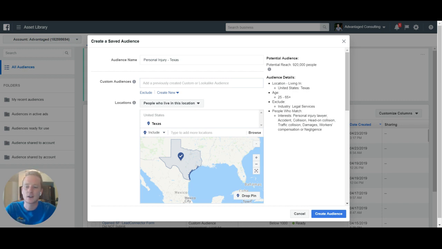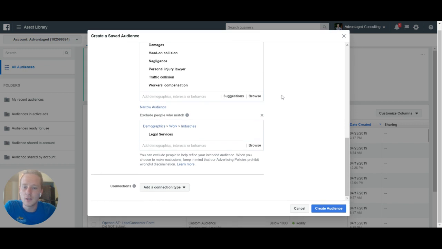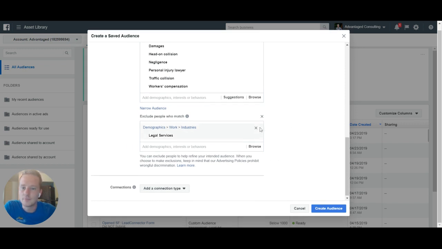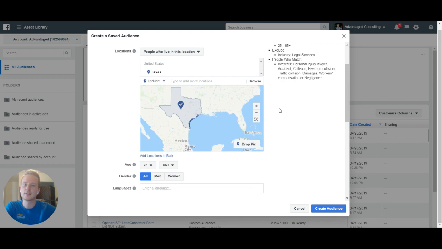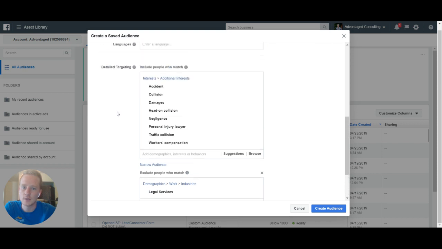You don't want to just set this targeting and just boost a post to these people. You don't want to just do a traffic objective or landing page views and stuff like that, if you understand what we're talking about there. But you can do that and then just save the audience, create the audience, and that is who I would target.